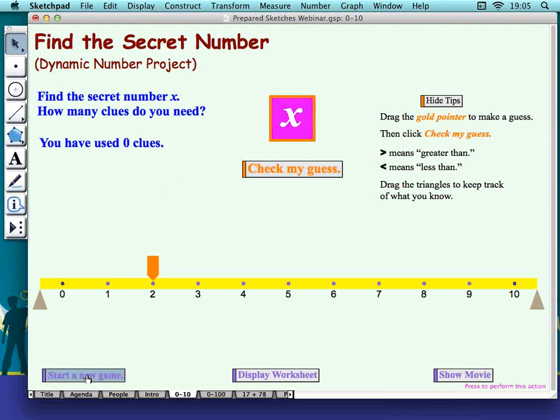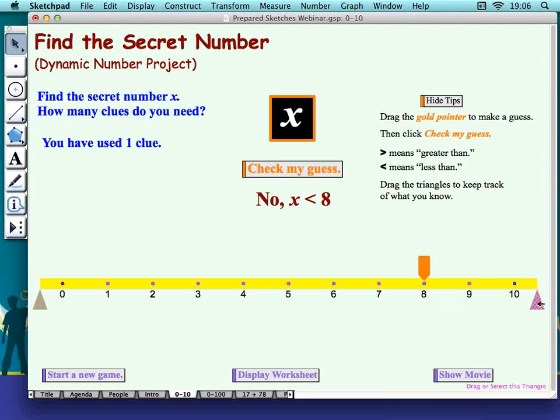Well, time to start a new game. I'm going to guess on this one first also. I think this time it's 8. Okay, check my guess. Oh, shucks, it's less than 8. Okay, so now I have to figure out what that means. If it's less than 8,